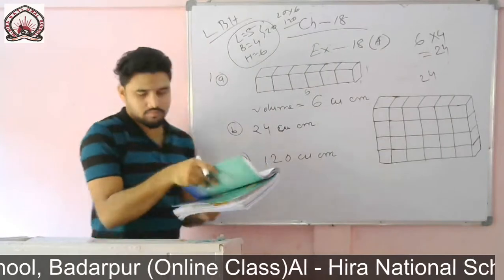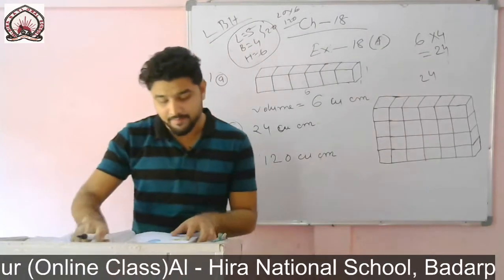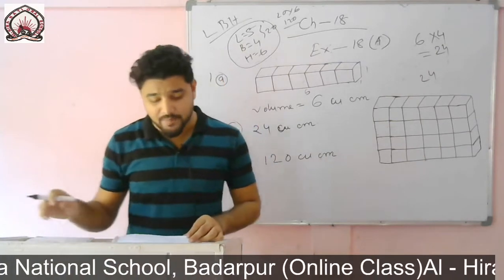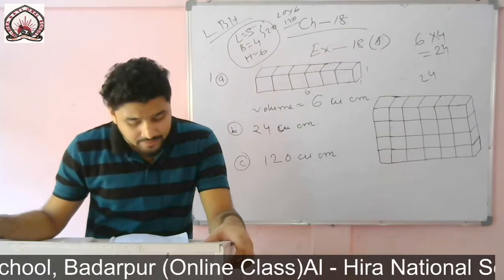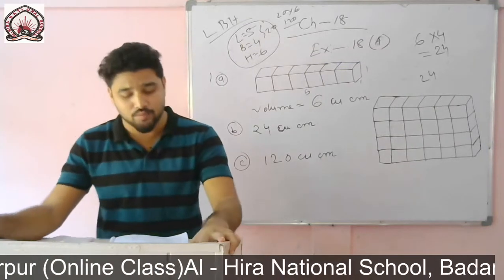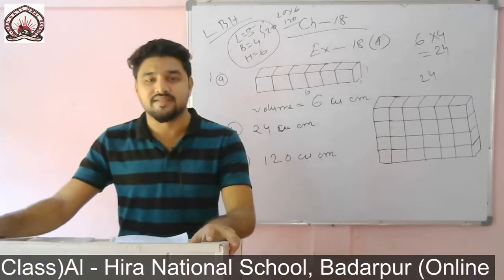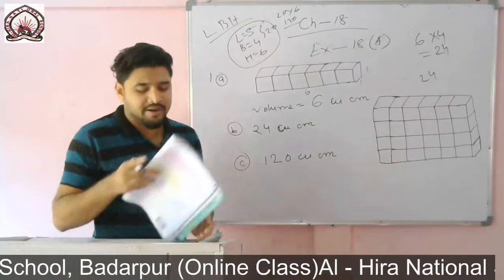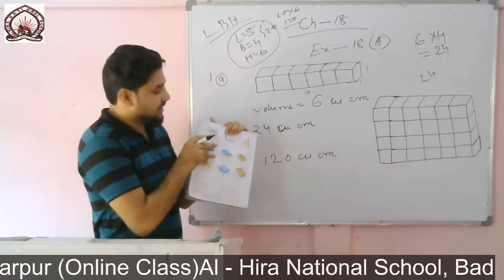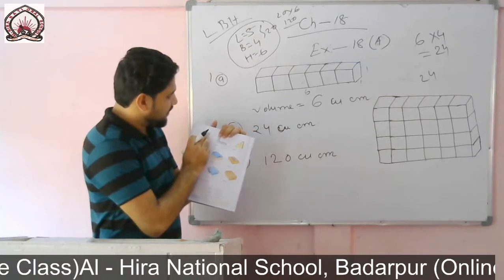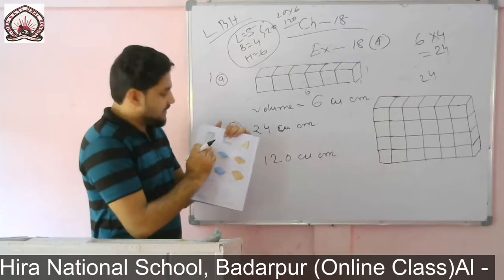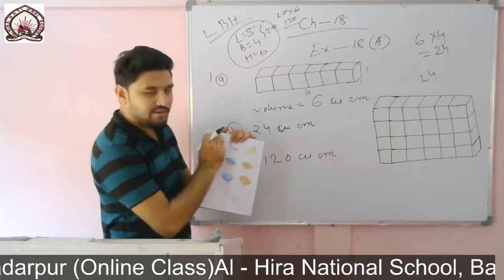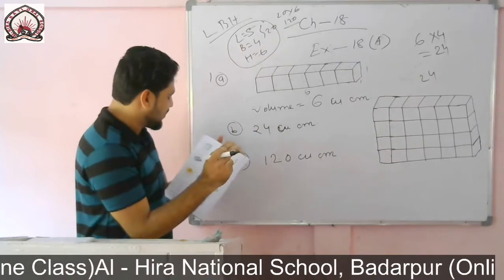Okay. Now come to question number D. D also you take the help of length, breadth and height. If you take the help of length, breadth and height, you see it is a cube. So length, breadth and height all will be what? Same. Question number D, it's a cube. That means all the faces are same. 1, 2, 3, 4. Then all the faces will be same. Then we can take length as 4 centimeter, breadth also as 4 centimeter and height also 4 centimeter. You count. Okay. So if you multiply, then you will get 64.